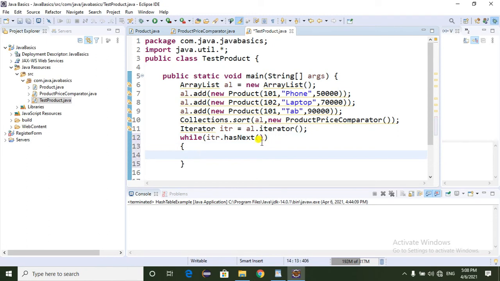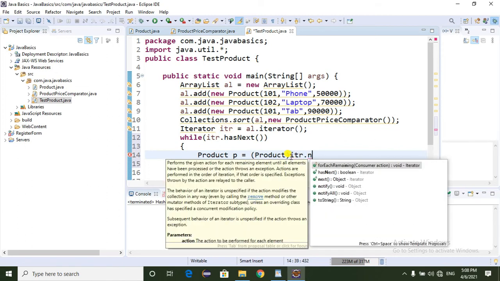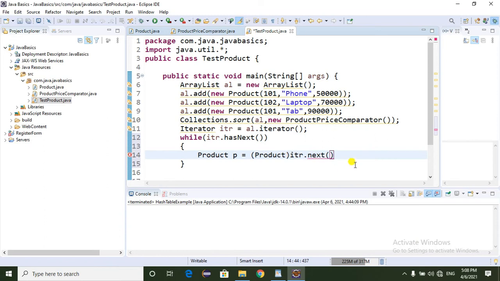For iterating I'm going to create the Product class object: Product p equal to Product of itr.next. Here I'm going to print the product data.